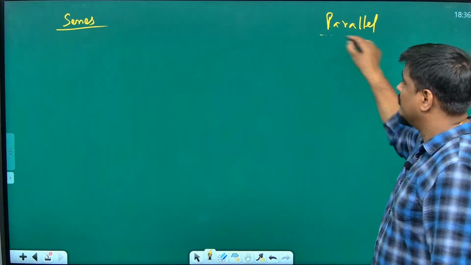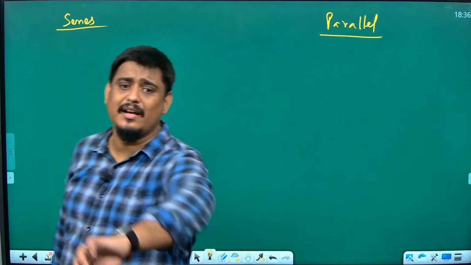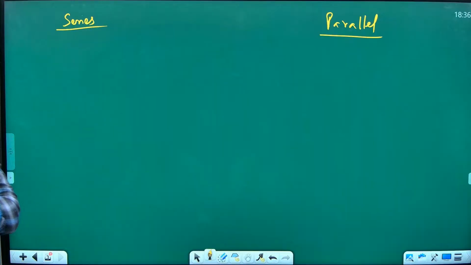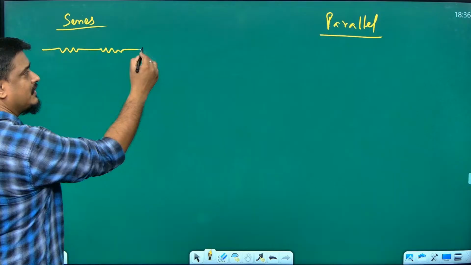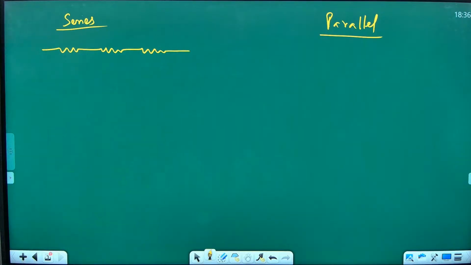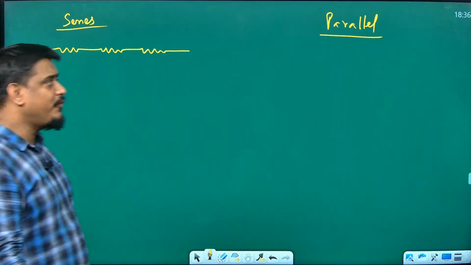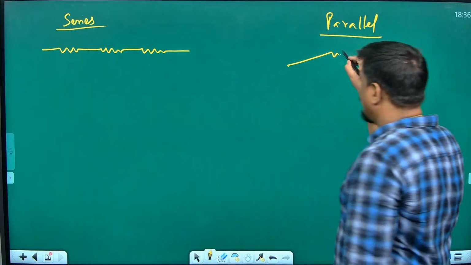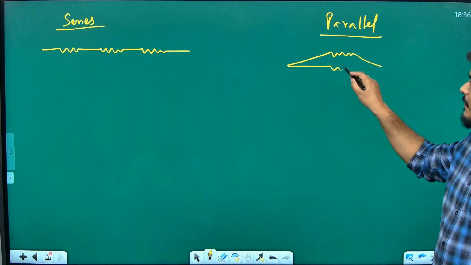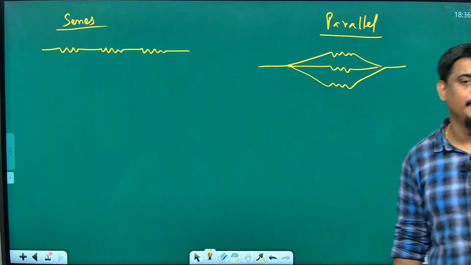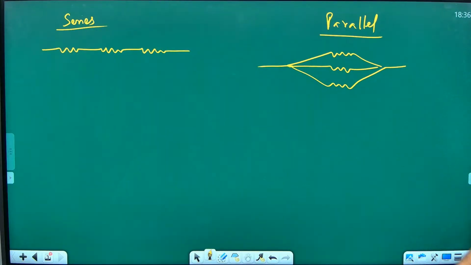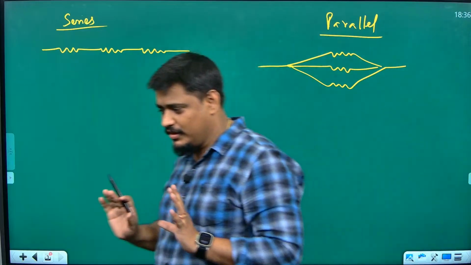Now please pay attention. Series and parallel connection of resistances. So if you have resistors like this, they are said to be in series. If you have resistors connected like this, they are said to be in parallel. Now what you have to remember is that